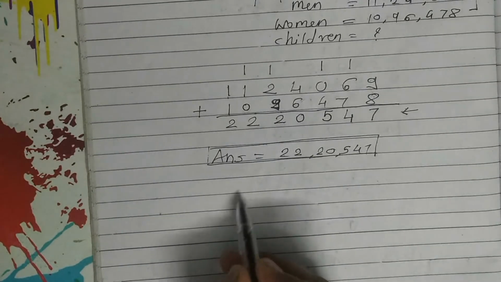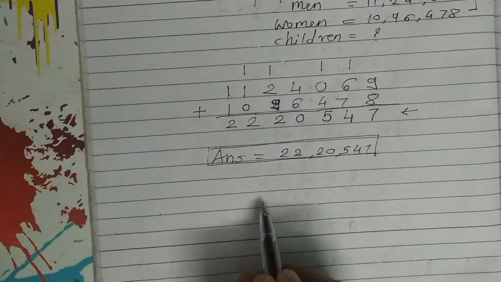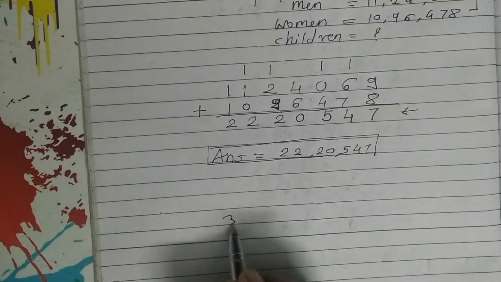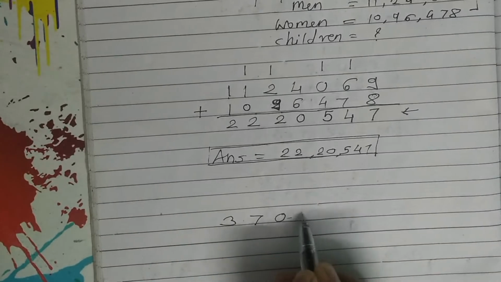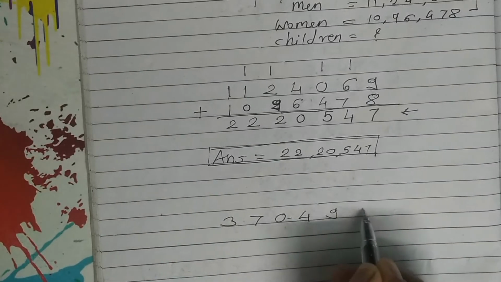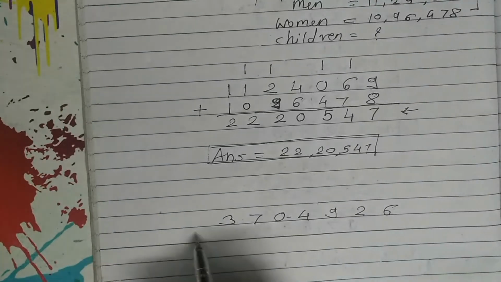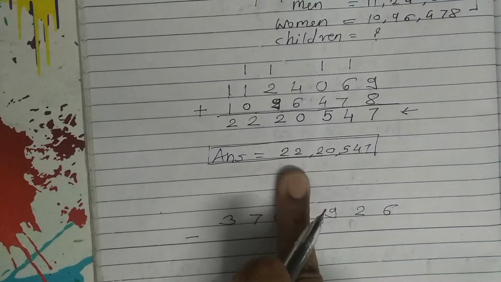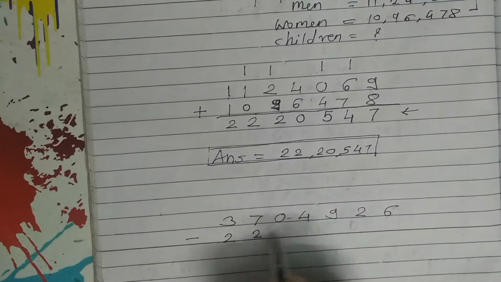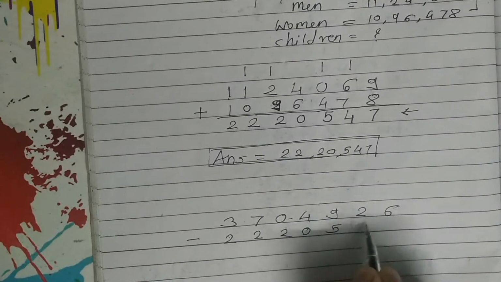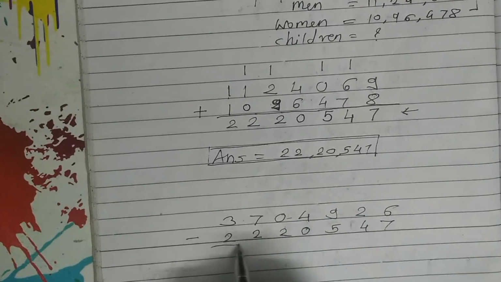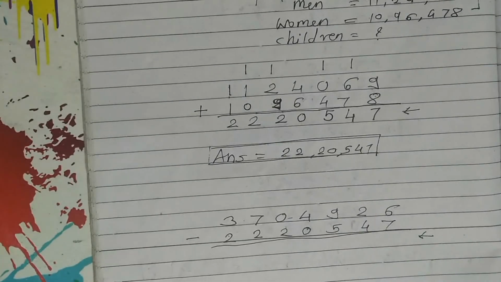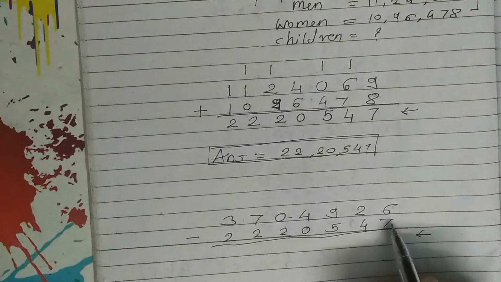Now let us see how many children were there. So total population, now for subtraction purpose leave 2 lines here dear, all for double borrow case. So write here total population with a suitable distance. Okay, then subtraction sign and the answer of the first step. Take each digit one below. Okay, now start your subtraction from unit place. 6 minus 7 not possible.